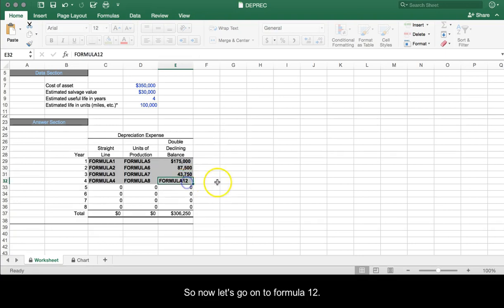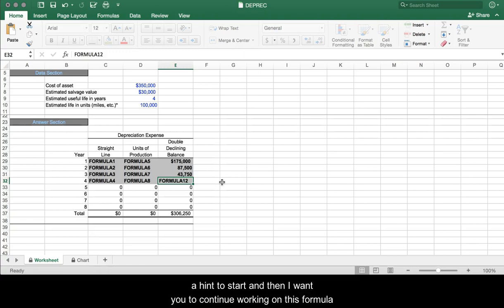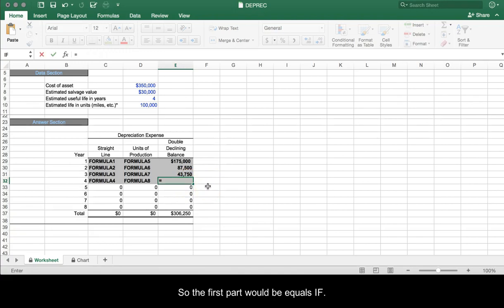So now let's go on to Formula 12. For Formula 12, we would need to use a nested IF statement. I'll give you a hint to start, and then I want you to continue working on this formula. So the first part would be equals IF,